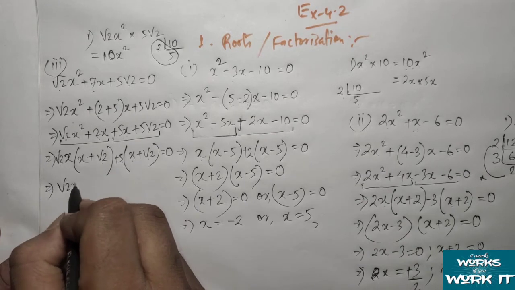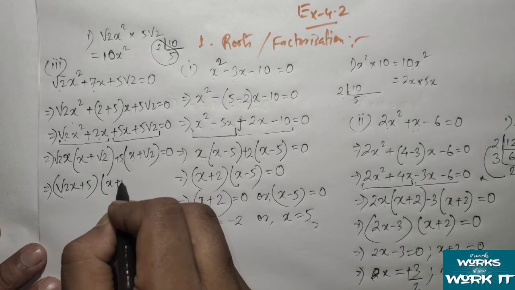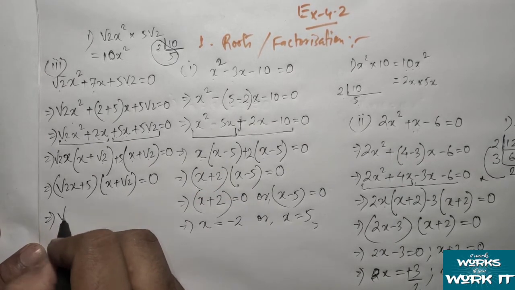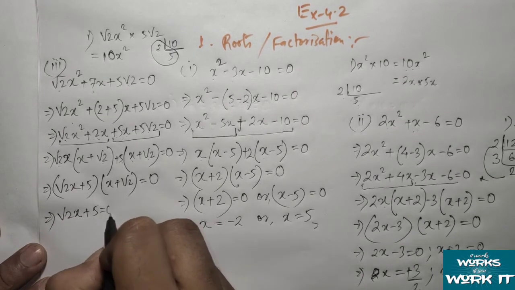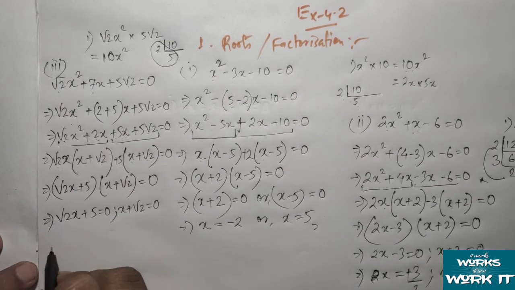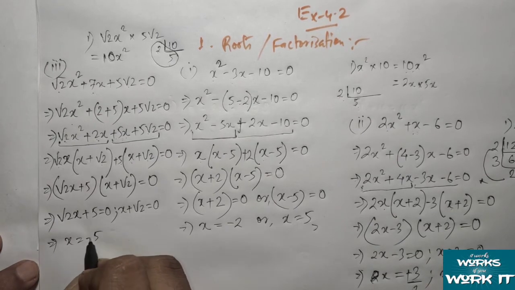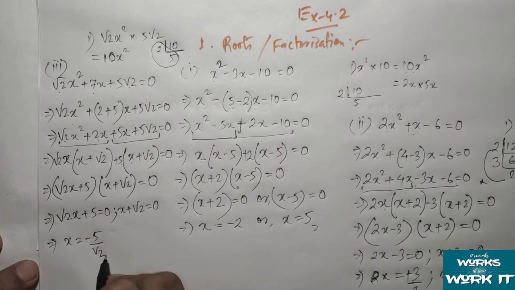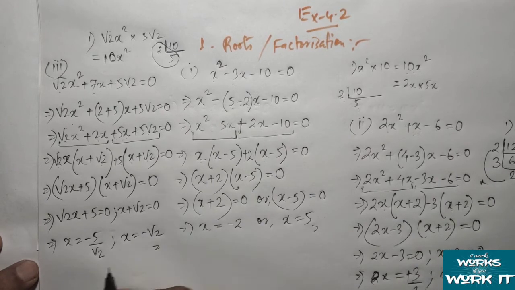So root 2x, and this one we will write at a time, and then x plus root 2 equal to 0. So I can split the things, whatever we have got till now, equal to 0, and x plus root 2 equal to 0. So from here, what we can get, minus 5 plus 5 will go here, it will become minus 5, and then 5 minus 5 root 2, and from here we can get minus root 2. So these are the two roots.